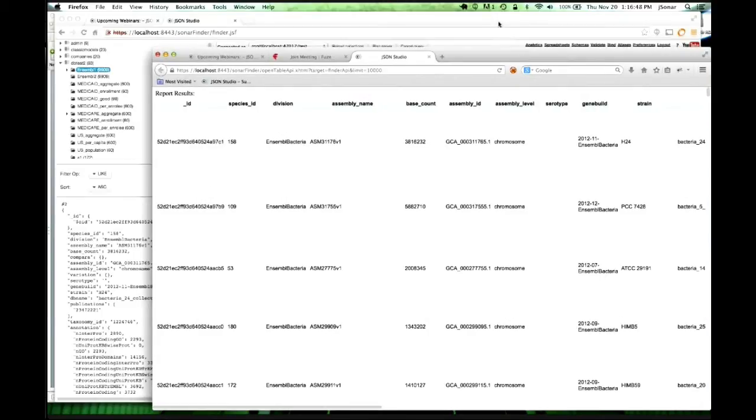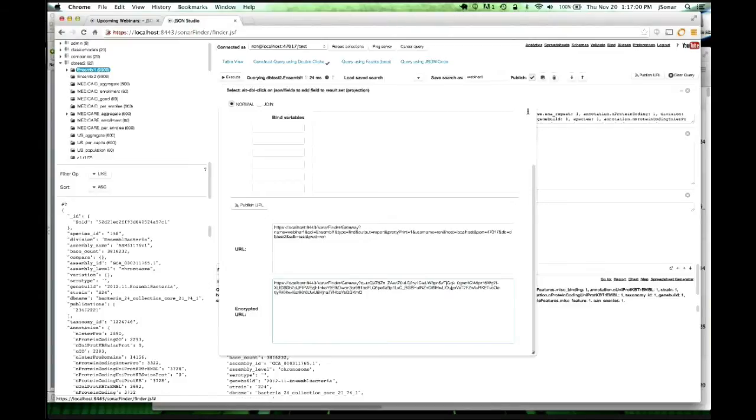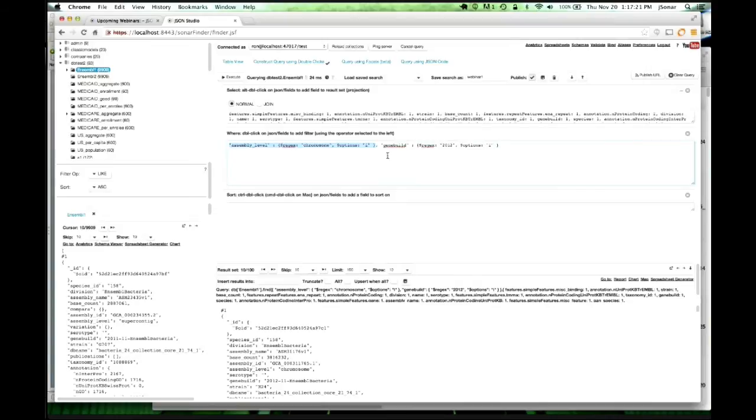Now the thing that's really very clear is that you wouldn't really do things based on hard coding, right? So for example, if I go back to my query, you see that the first condition that I added was I said I wanted the assembly level to be like a chromosome, but really I would never hard code the chromosome because sometimes they would want to do it based on chromosomes. Sometimes they would do it based on a super contig. So really what I want to do is parameterize this. So instead of putting the value in here,